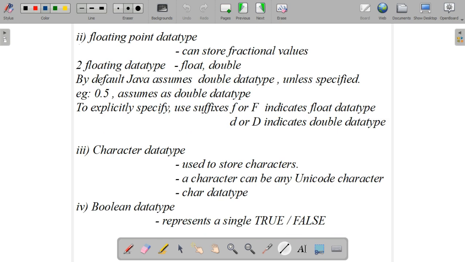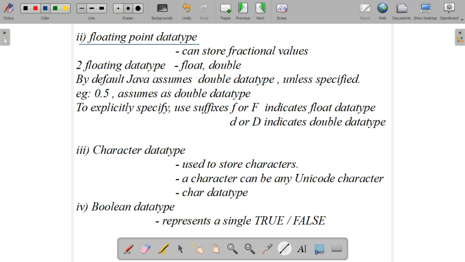Then the second one is the floating point data type. Integer is over. Next we are moving to the decimal values. To store fractional values or decimal values, we will use the floating point data type. There are two types of floating point data types: float and double. By default, Java assumes the double data type unless specified. The user has to specify the data type.